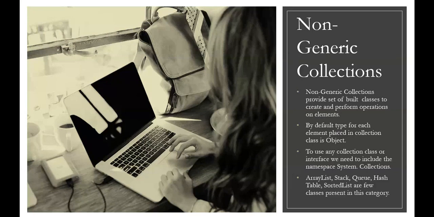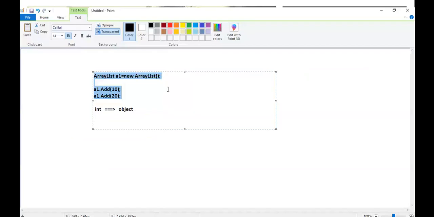Okay, so let's start working with this. Now, if you consider the ArrayList, it is a dynamic array. It means the size of the ArrayList will be dynamic. You can dynamically grow the size of the ArrayList, and you may dynamically shrink the size of the ArrayList. So it is similar to a dynamic array. The other name for ArrayList is dynamic array.